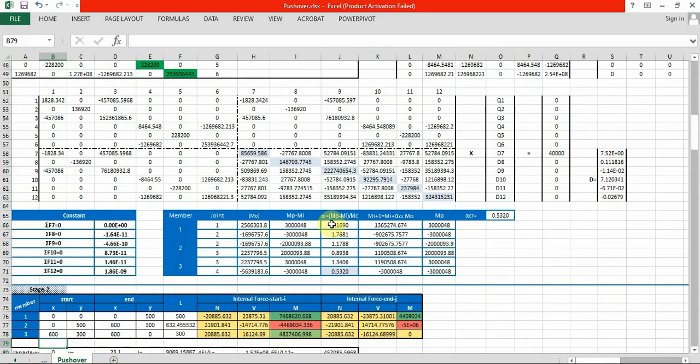If alpha is the lowest one, we guess that the next plastic hinge occurs in this node. For example, in member 3 node 4, it has the minimum alpha,